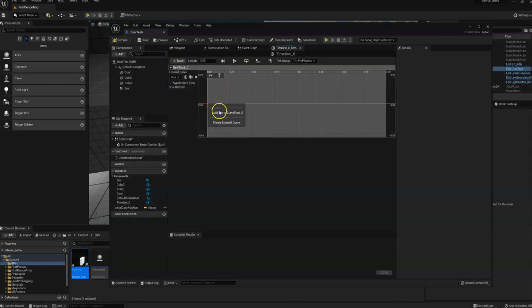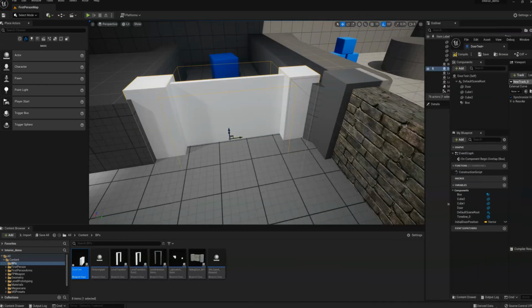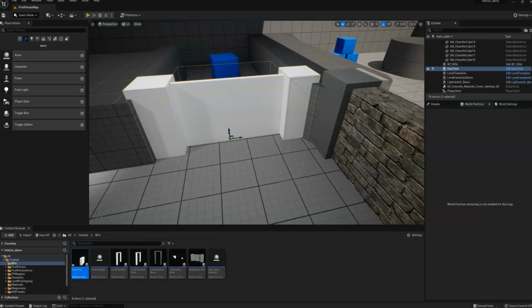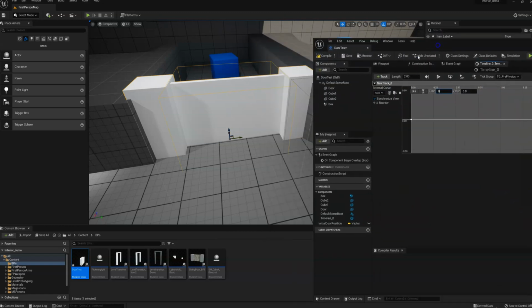And then we're going to right click, add a key, and then at time 0, we're going to have a value of 0. And then at time 2, we're going to set a new value. Now, to find out what I want that value to be, I'm actually going to come back